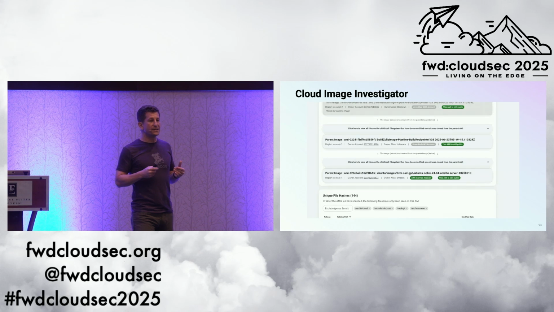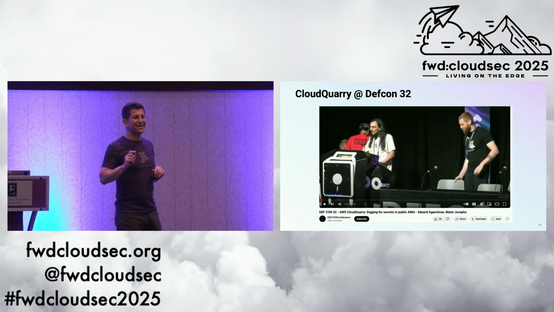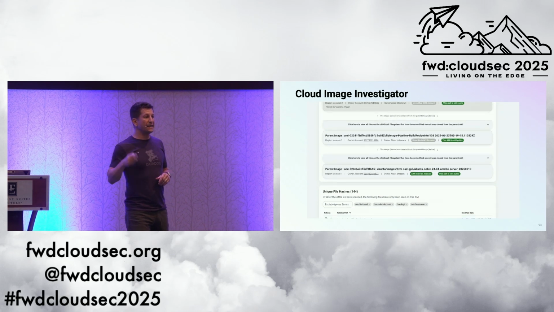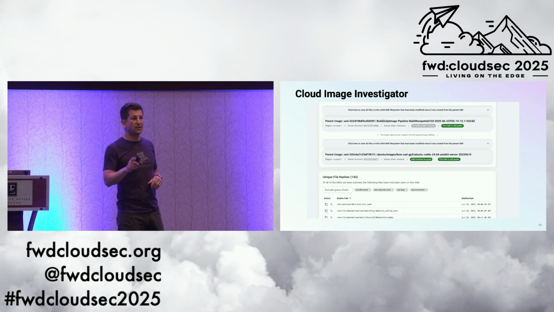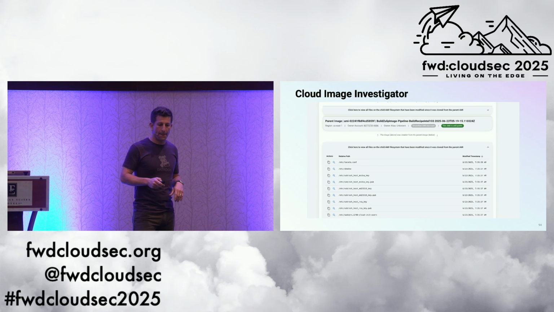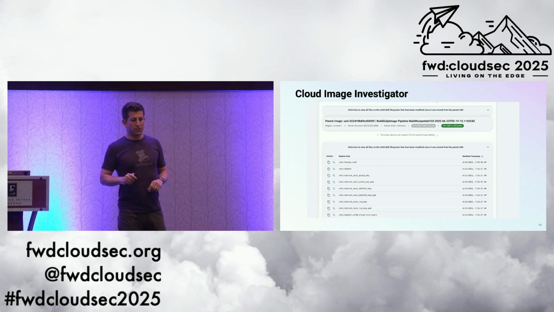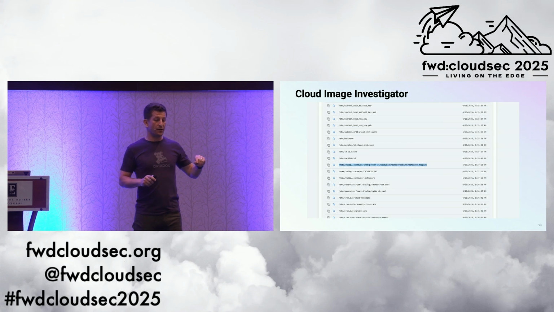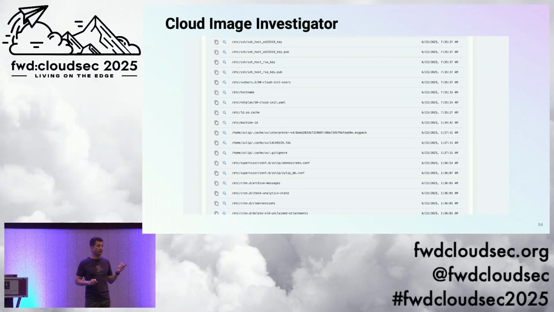So I decided, spoiler, they were looking for secrets in all of these volumes, but I wanted more of that VirusTotal. I just changed the code that was looking for secrets and changed it to hash every file on the volume. Throw all that into a database, and now I can tell you exactly which files have changed between the child and the parent. So here we go. If we're looking from the child perspective, these are either files that are new hashes, maybe a modification of a file, or a brand new file.